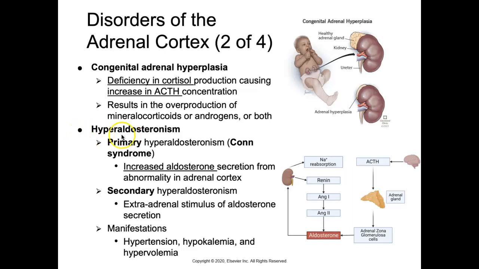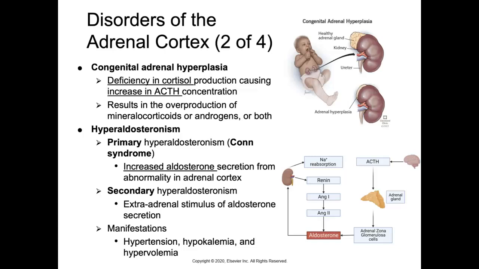Next up, we have hyperaldosteronism. So if you picked up on the word aldosterone in there, that means we're gonna have excessive aldosterone. We do have 2 different types. We've got the primary, which is also known as Conn syndrome, and this is when we have that increased aldosterone secretion from an abnormality within the adrenal cortex. Usually we've got a single benign aldosterone producing adrenal adenoma, or like a benign tumor on the adrenal cortex that